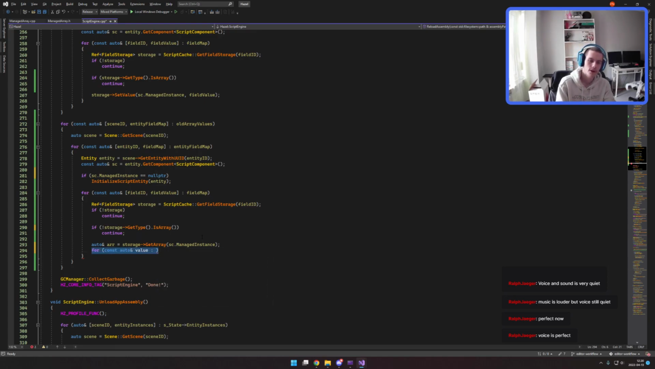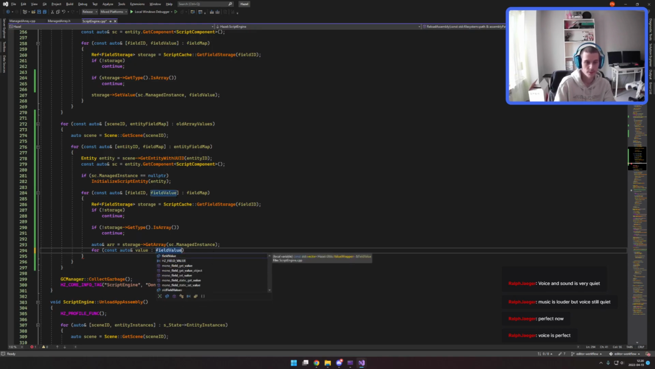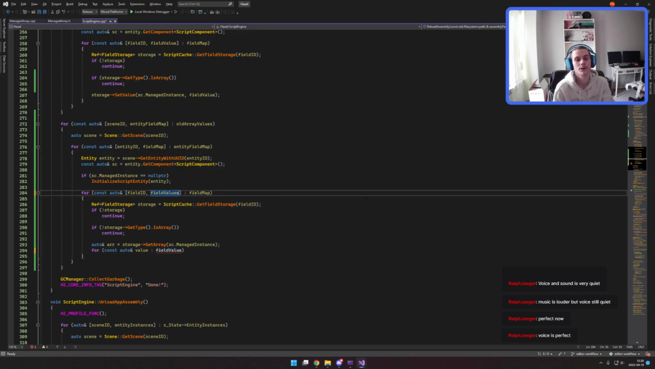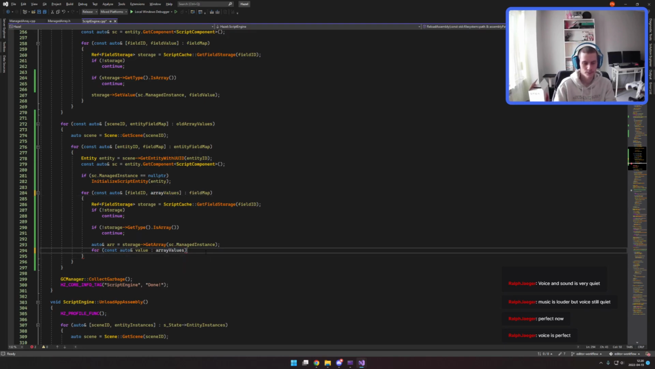Well, we already have field value, which is a vector. So this should probably be field values or array values. Should probably call them the correct thing, and it will have to be a typical range-based for loop. Well, no, range-based for loops is for each, I think. Y is less than